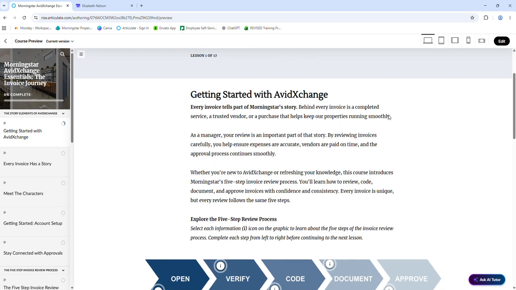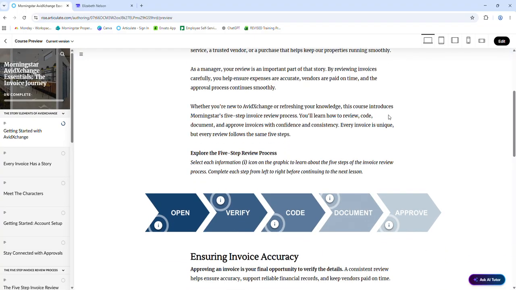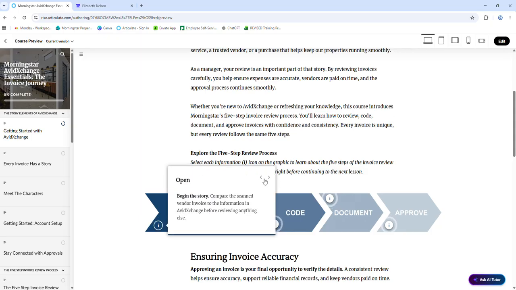So this is getting started with AvidXchange. And like I explained in my portfolio, the initial procedure was approximately 8 steps and it showed it more like a life cycle. So I narrowed it down to 5 steps, but still covering everything that a manager would need to do while using AvidXchange. So having the interactive of them opening the invoice,